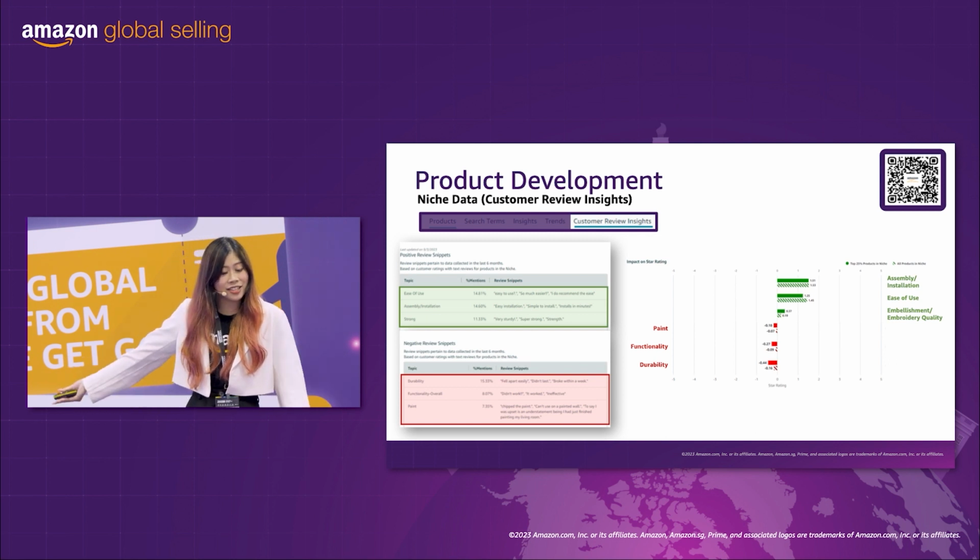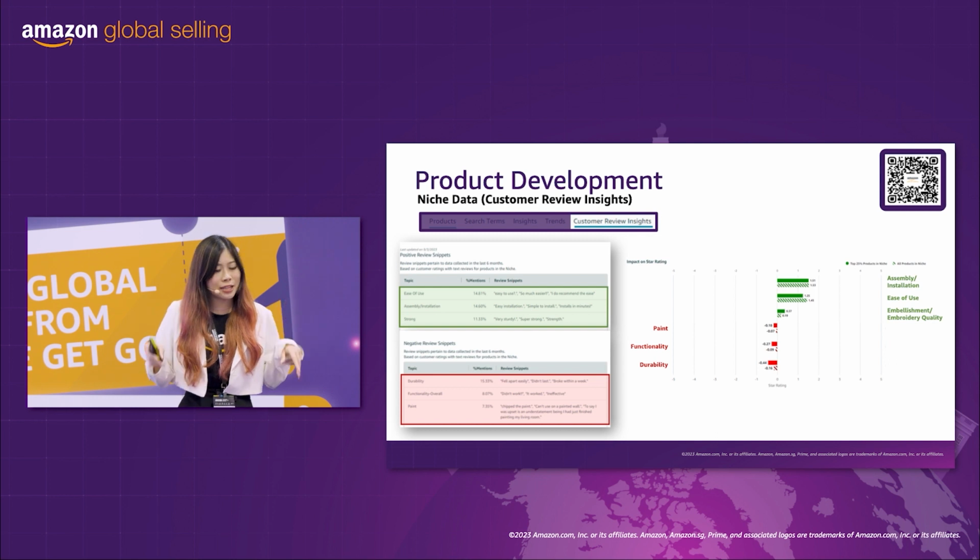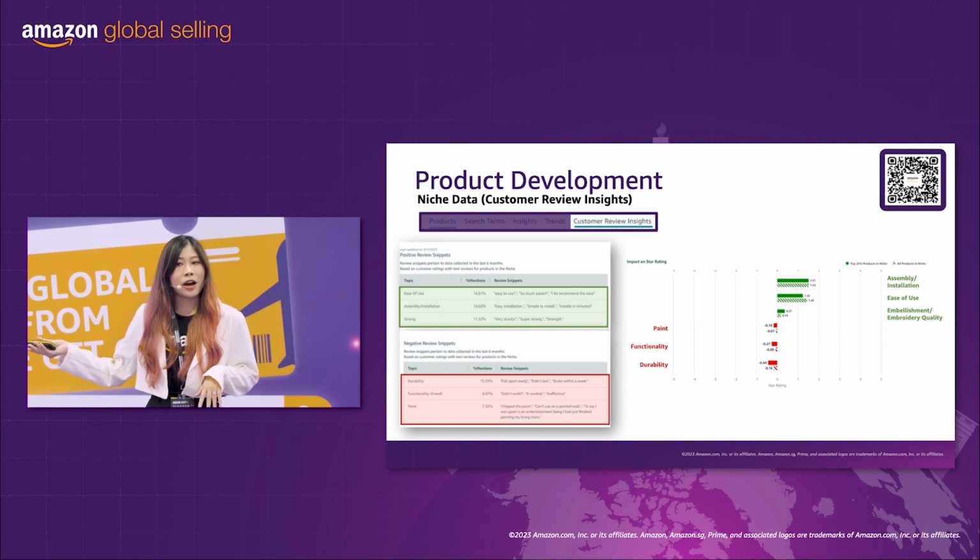On the other hand, negative review is even more important because these are the gaps that I would consider the unmet demand. So if people are complaining about existing products, if you can come up with something that tackles all this negative review, this is actually a space for you to go into the market, even though it's so competitive and maybe there are already top 20 sellers. If you're able to come up with something new that answers the negative review,